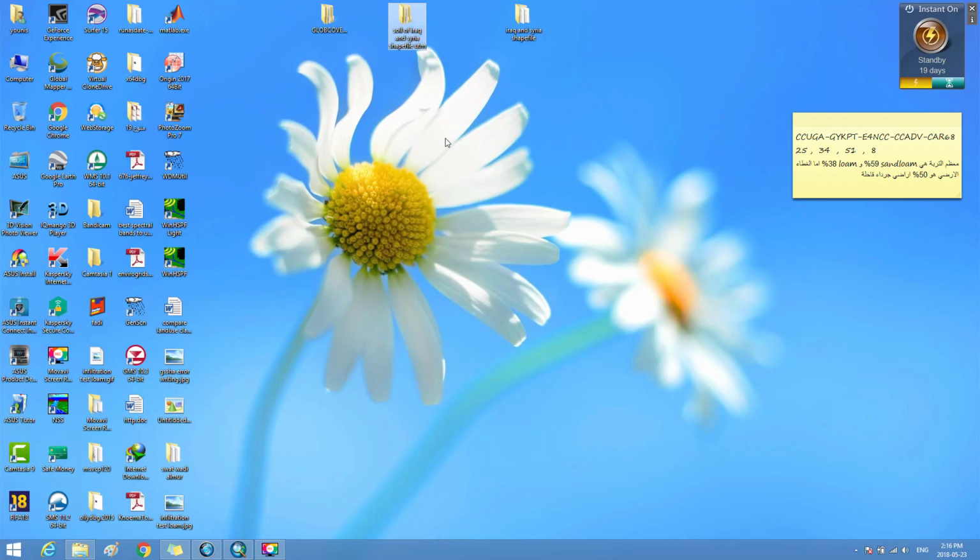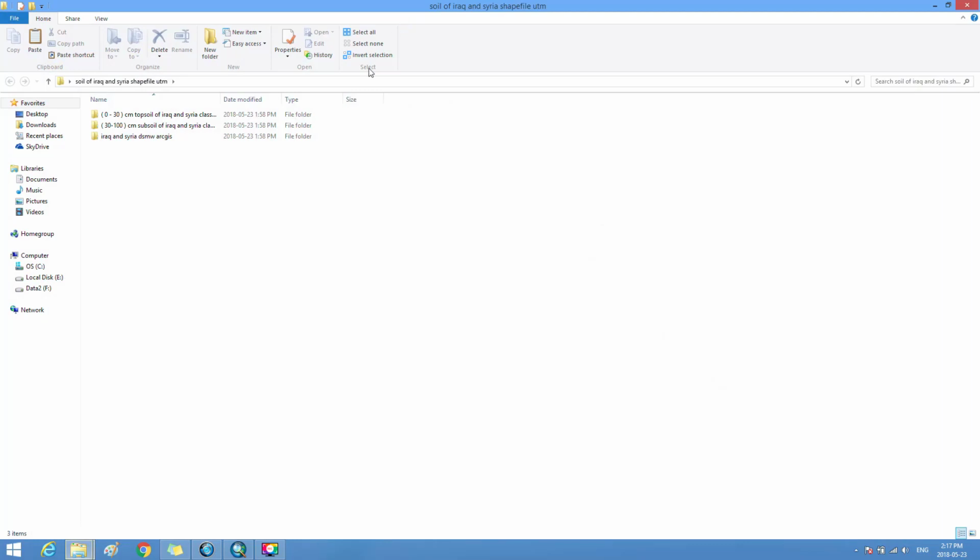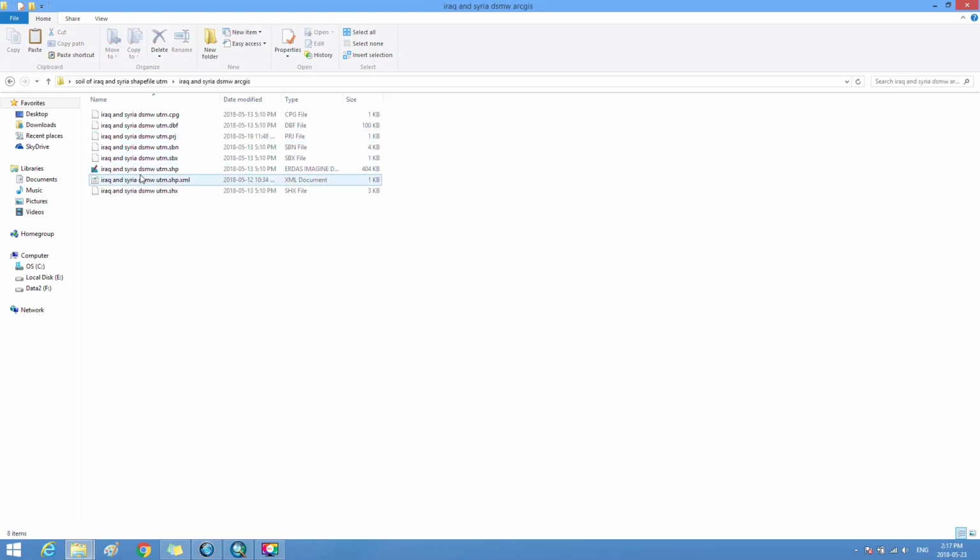and this is the file, and it contains the file titled Iraq and Syria DSMW ArcGIS, which contains the shapefile map entitled Iraq and Syria DSMW UTM.SHP for the soil type belonging to the digital soil map of the world DSMW, where we open this map in the ArcMap program,